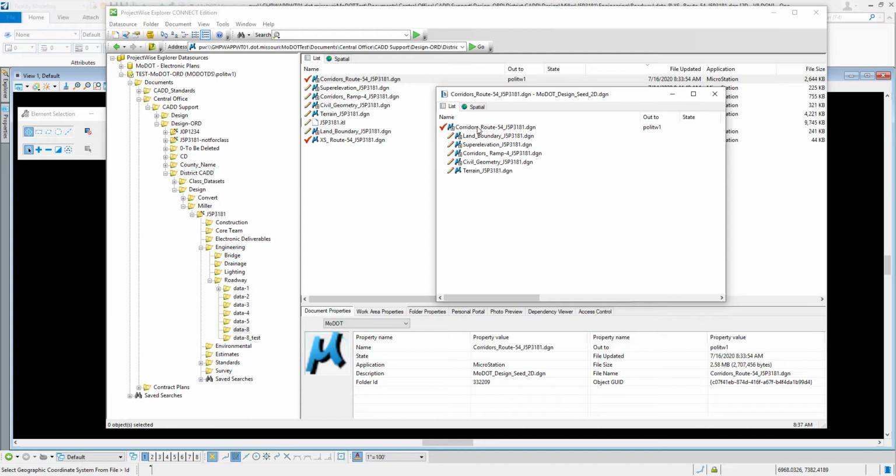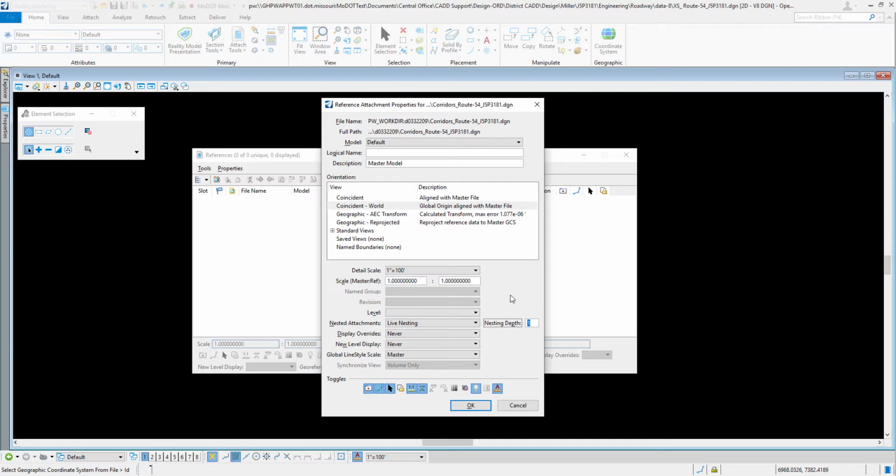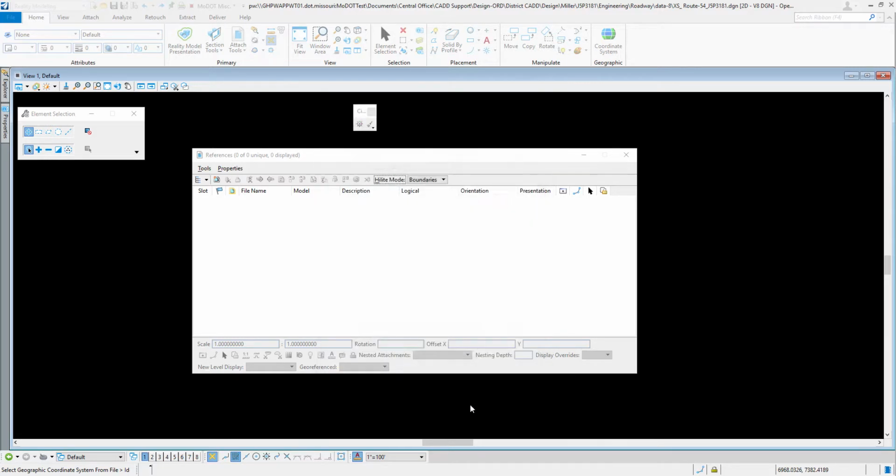Now, the bigger that live nesting number is, the more files it brings in. As an example, if you had another corridor in here that you were referencing, like this corridor's ramp 4, and that corridor has other references to it, with a nesting depth of 2, it would take whatever's attached to ramp 4 as well. So 1 is more than suffice on this. We're going to go with 1, and I just wanted to kind of explain what we were doing here. So we're going to take nesting depth of 1, we're going to hit the OK button, and you're going to